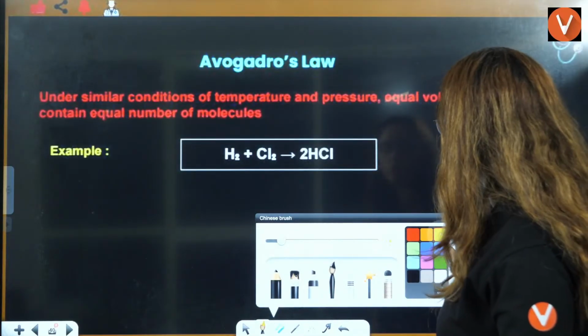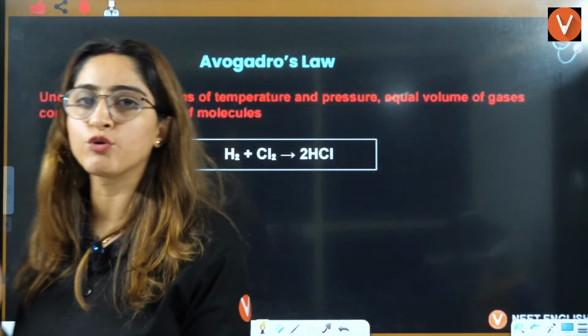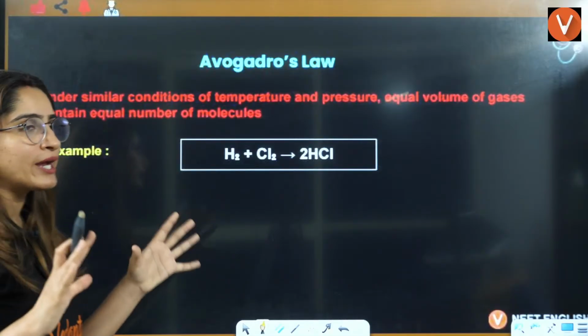Next is Avogadro's law. In Avogadro's law, this is also